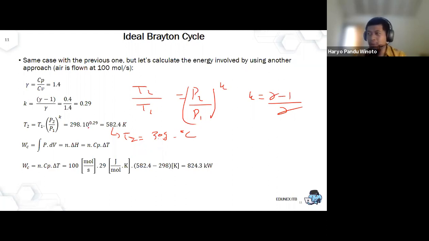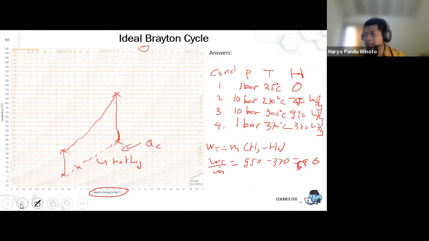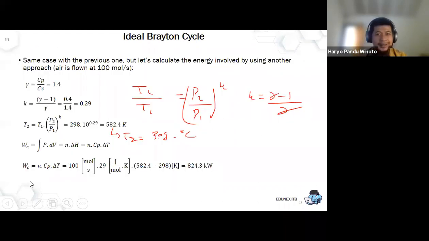Why did I say that? Because this one only works for ideal gas. When the gas is less than ideal, it's going to be a little bit different. What is maybe 280 from our eyes? Maybe it was 290. I'm really sorry. So when we use the TS diagram, maybe it's just a difference of 10 or 20 degrees centigrade. That's okay.